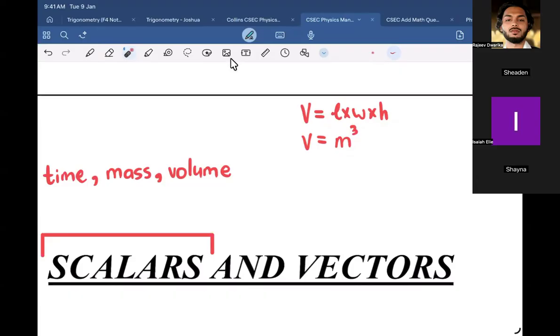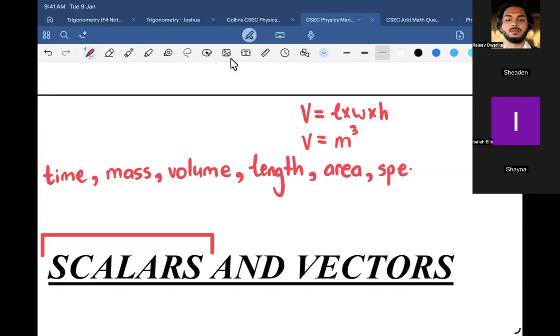Let me ask you a question. Do you ever see minus 5 meters in your life? No. So length is another example of a scalar quantity. Since length is a fundamental scalar quantity, anything that has length in it would also be scalar. Therefore volume, which is a derived quantity, is also scalar. What do you think area would be? Would it also be scalar? Yes. Speed? Yes, speed.